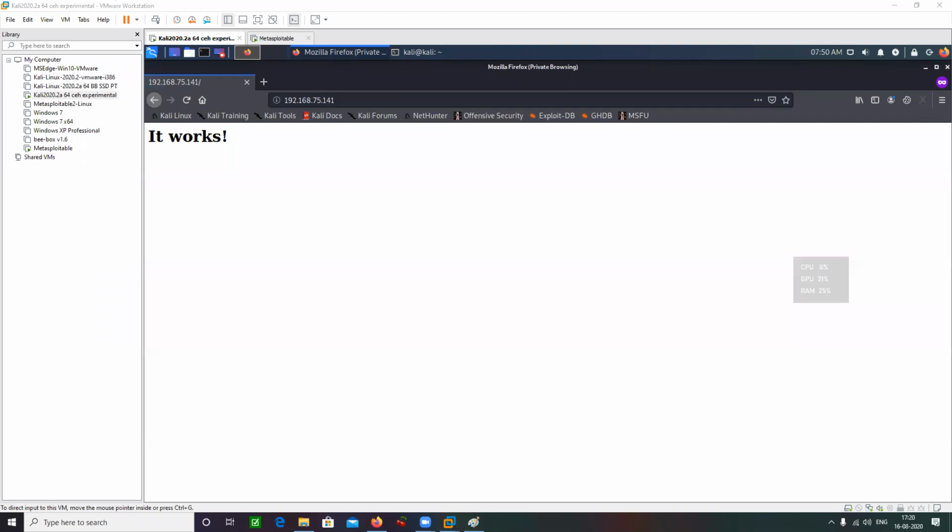So what I can do here is simply type my target IP address here, and you can see what happened. I tried to make an HTTP connection on port number 80 with my target server. Now it says "It works." What do you understand by "It works"? What is your understanding of this output? I just opened this IP address in my browser. Are you able to understand anything?